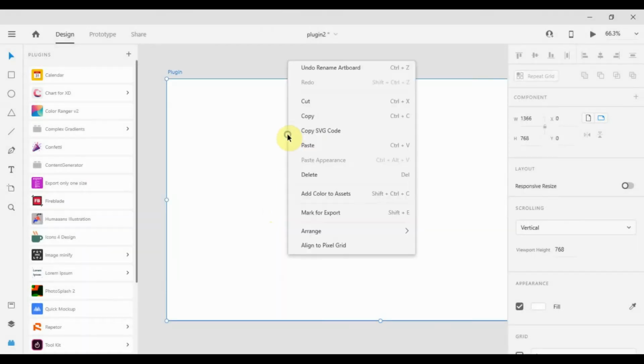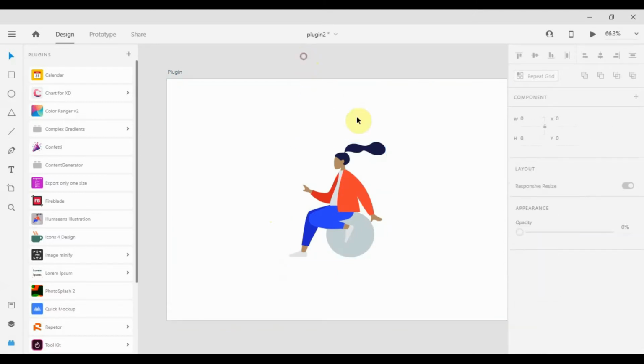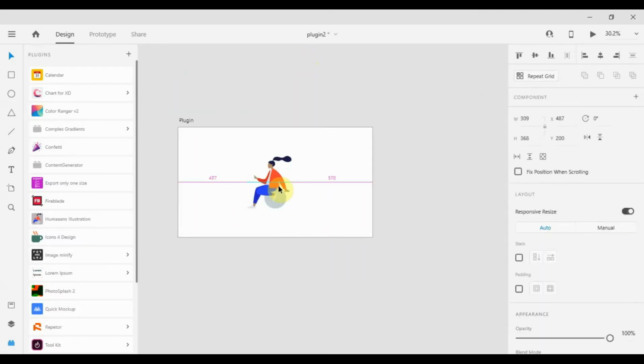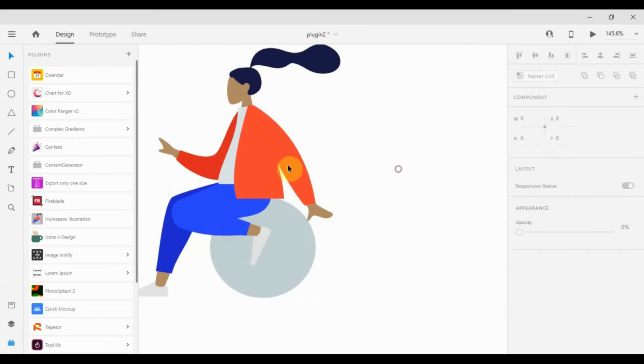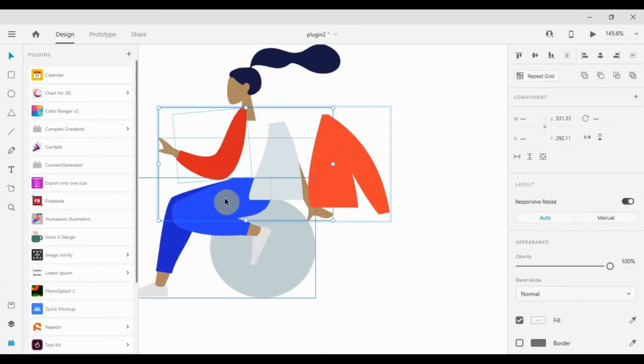It copies to the clipboard and you can paste it into the artboard. And you can edit the illustration by selecting each one of the parts. You can choose Control, select the object,